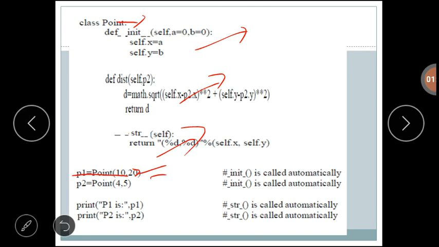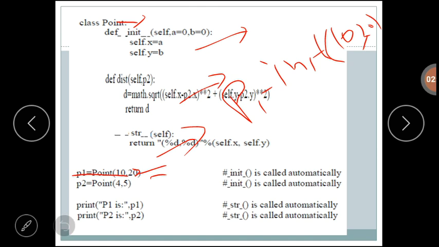The internal meaning is P1 dot init of 10, 20. Here P1 is the object which is invoking a method. Hence, a reference to this object is created and passed to the init method as self.